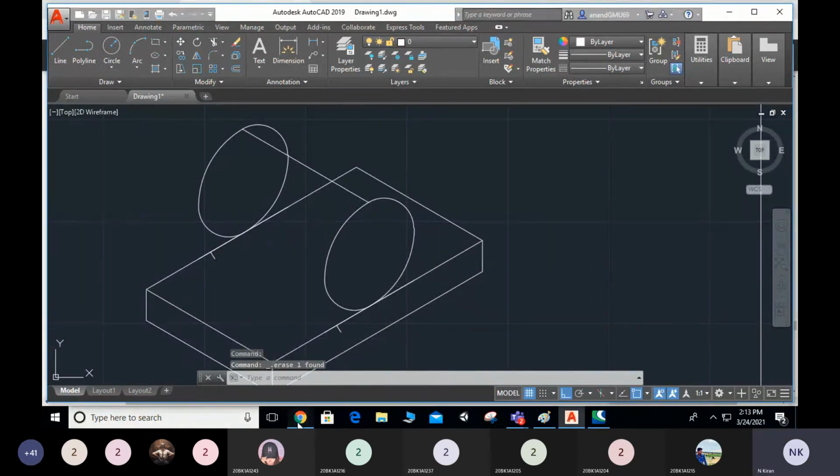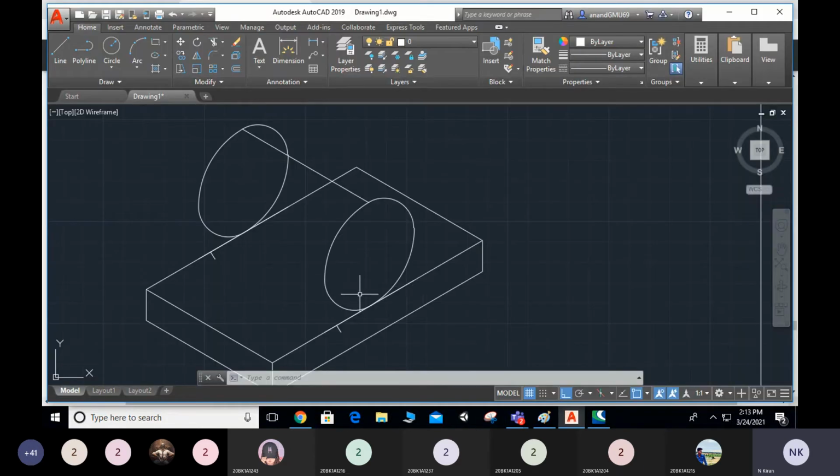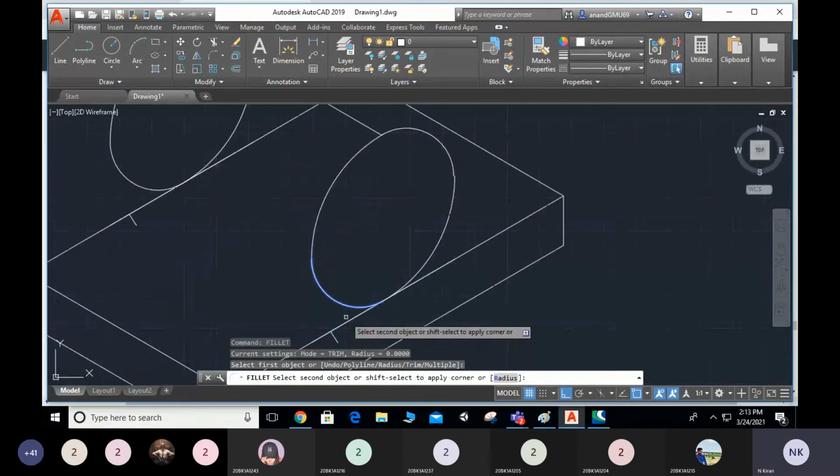Now here, the fillet is given as radius 4, R4. That means we have to make a fillet. Already we have discussed about that one. Enter, I think isometric. Fillet, select the object, and select the second object. It will give radius, I think.